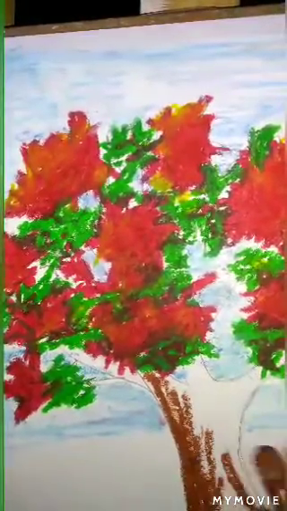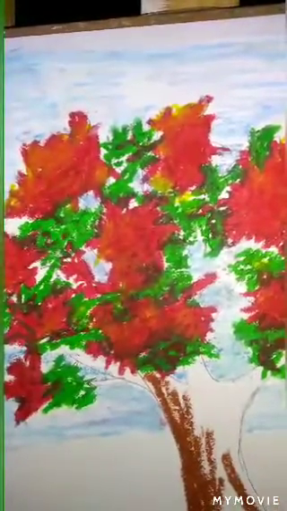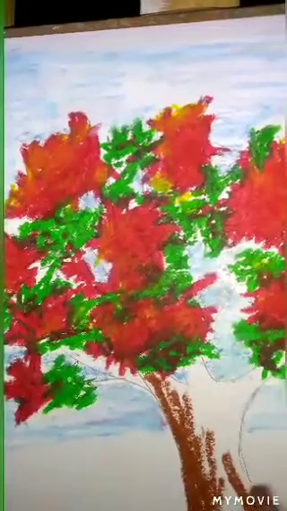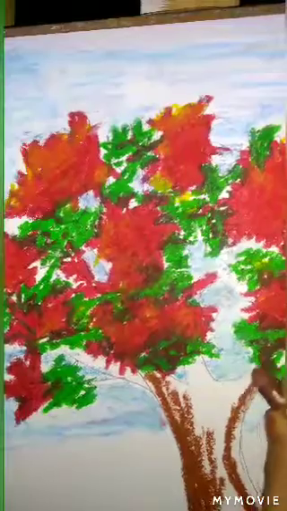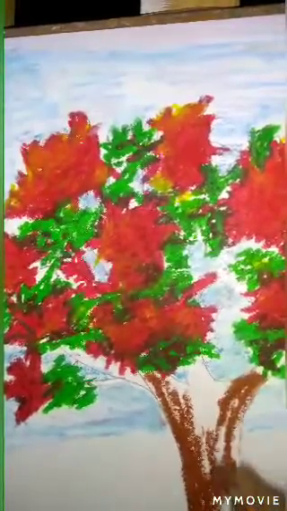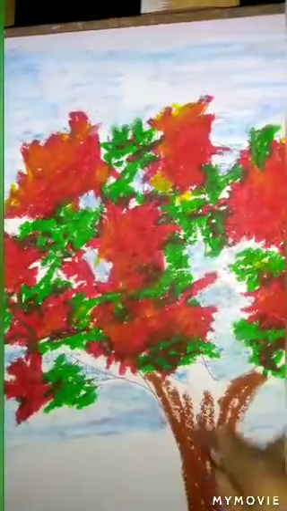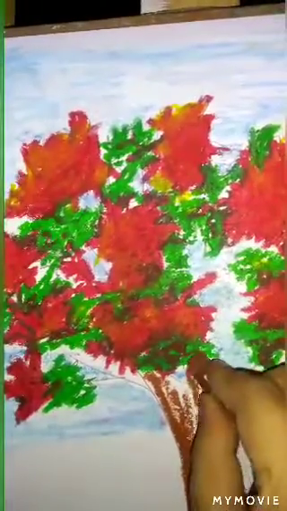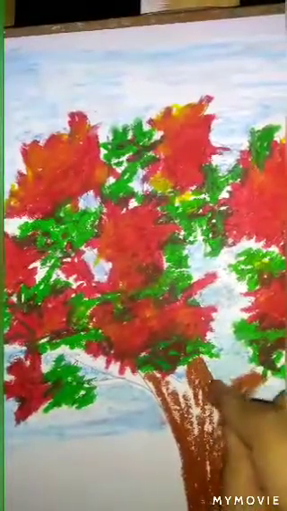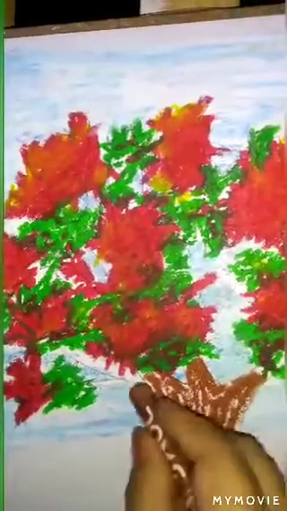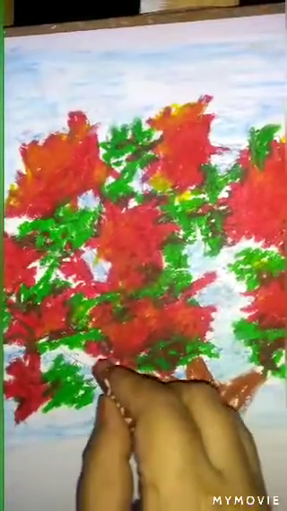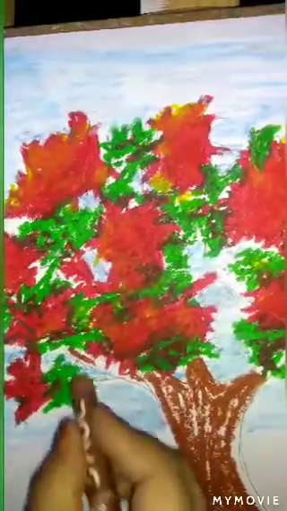Maybe the light is coming from here. We can leave this portion. I will color the main branches only, not all the little branches, only the main branches.